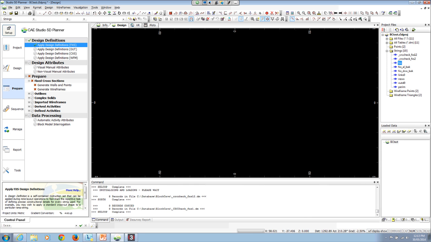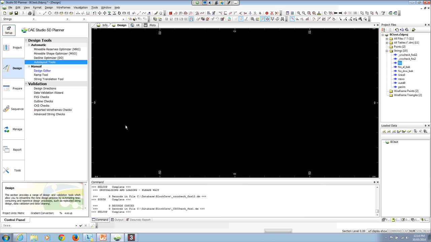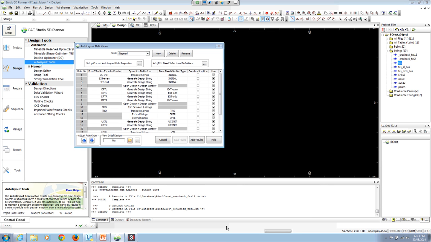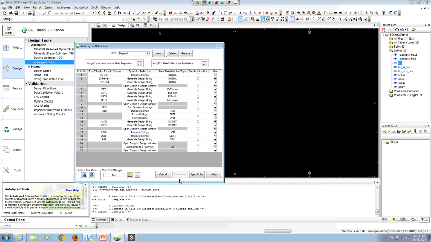Okay, that's complete. So now I will come to my automatic auto layout tools. In this series, I've set up, generally I'm using a lot of, I'm designing strings, translating strings,